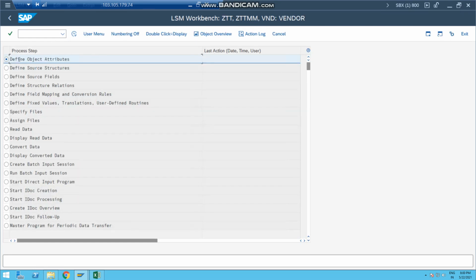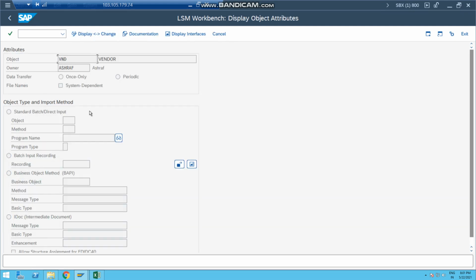And here you need to simply follow some 14 steps to complete this mass upload. Very first thing is define object attributes. So select and execute from the top. Here you need to provide the object. So see this button, display change. Depending upon your version, it can be any icon, but you just need to see here it says display object attributes.